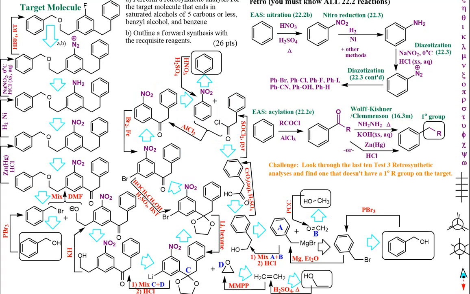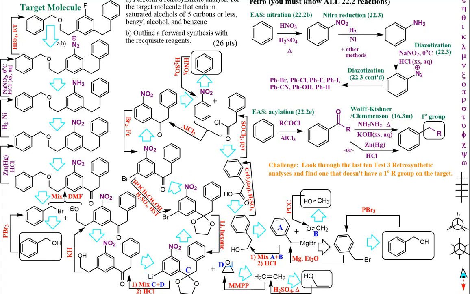We can brominate because each of these groups is a meta-director and I want a bromine on the meta position. Bromination using bromine and iron, which creates iron 3 bromide catalyst to create this species. I'm going to protect the ketone of this species using ethylene glycol and sulfuric acid in the presence of a Dean-Stark trap, and I have this protected species here. Now I can lithiate that species using lithium and hexane to create this phenyl lithium derivative,